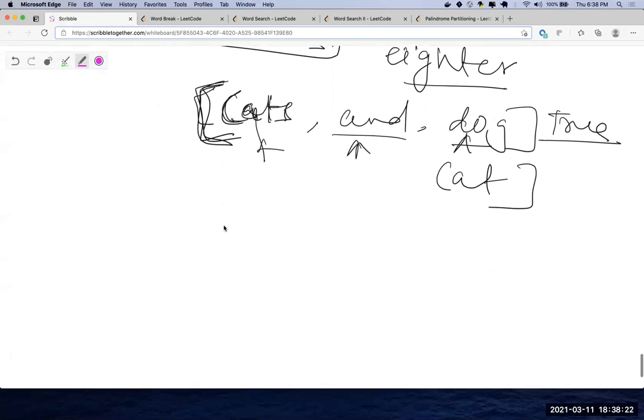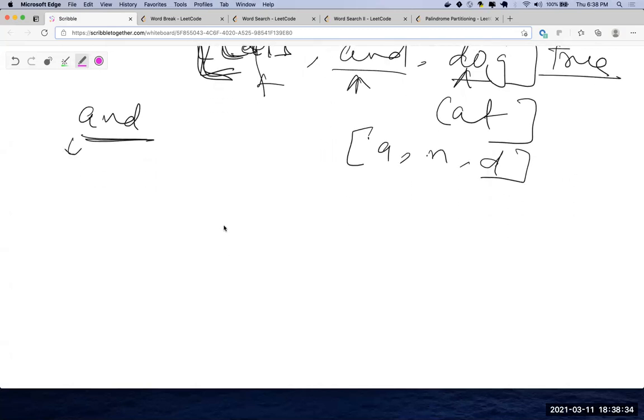Let's say you have A and D, and let's say this is your dictionary. How many ways can you break up A and D into multiple words?